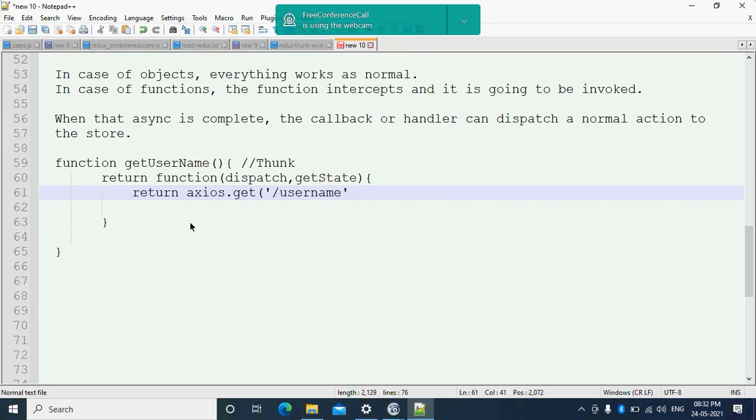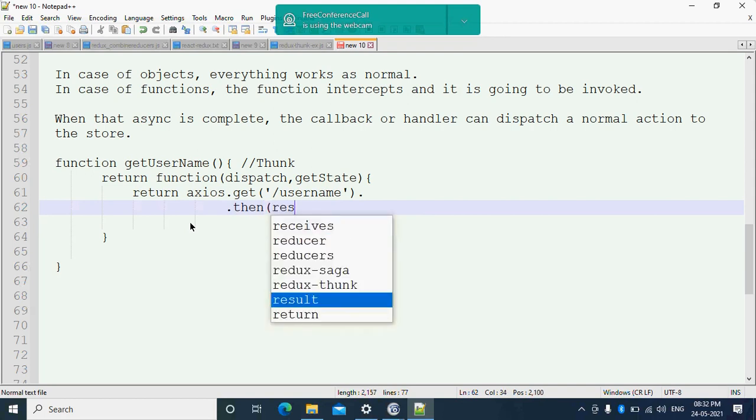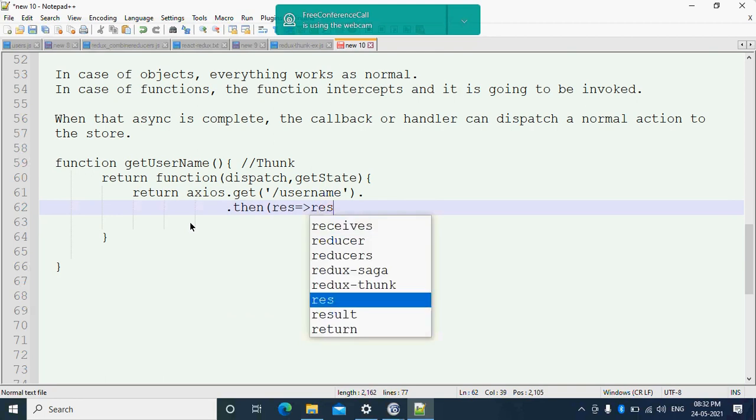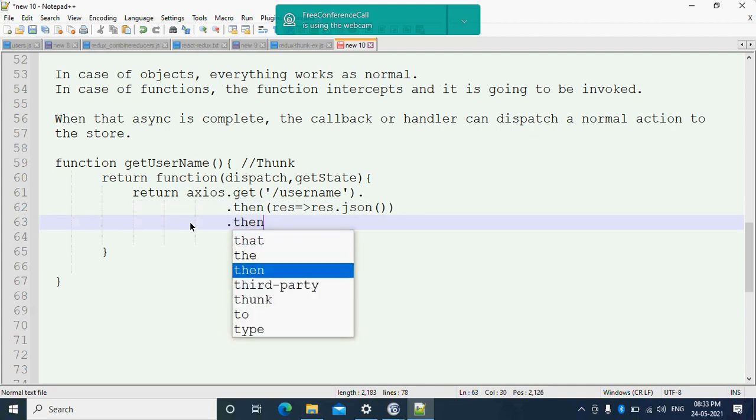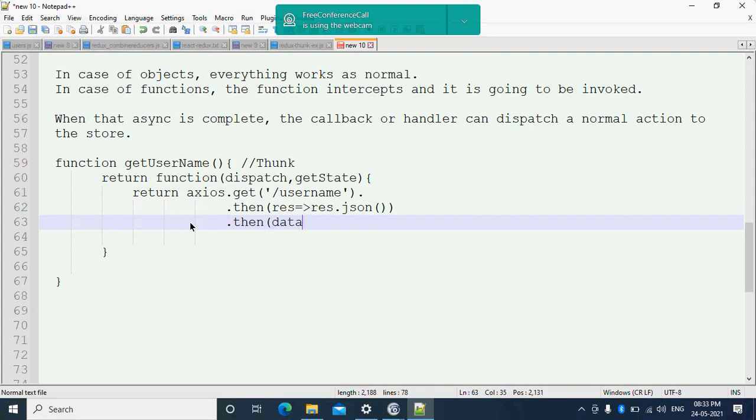What is it going to do? It is returning us a promise, right? Then the result, response.json, something like this, right? Then I'm going to get it as data. Once I got this data,